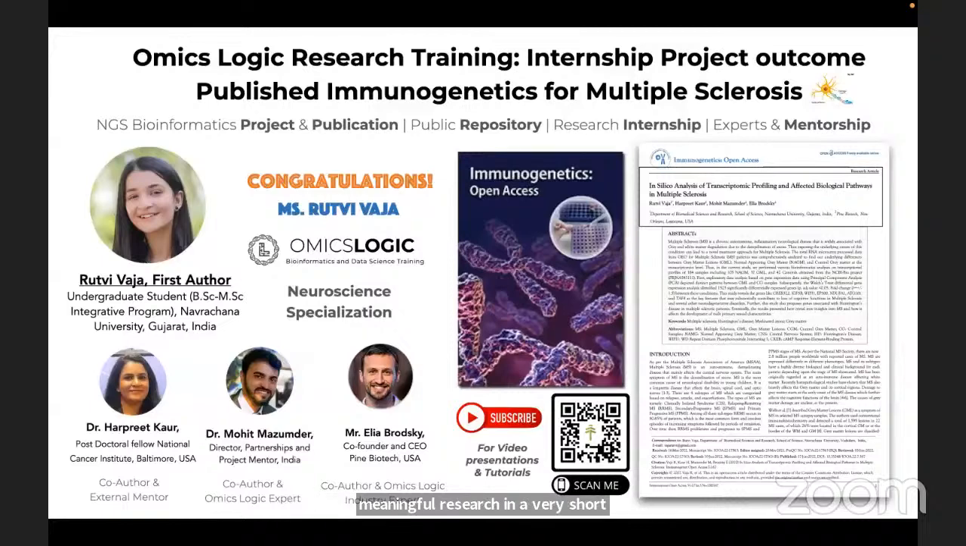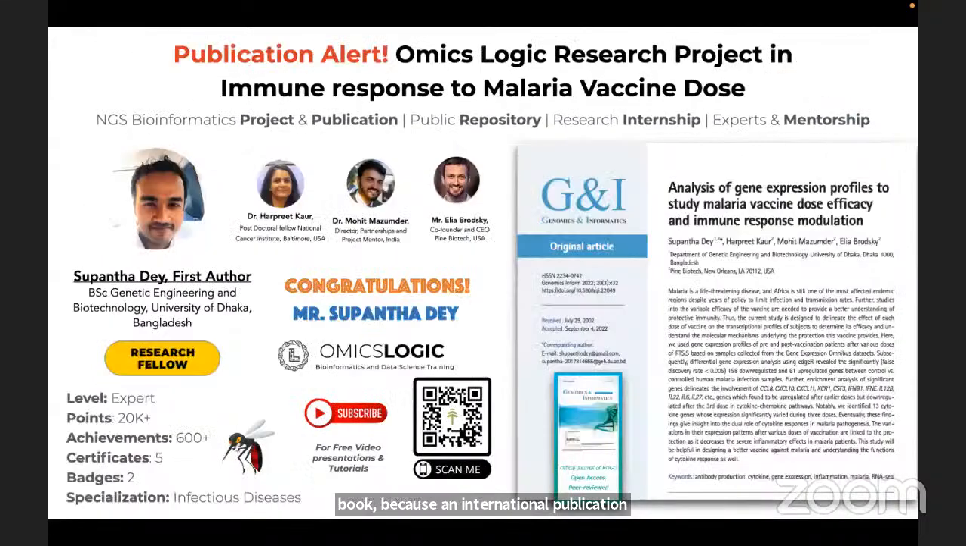and get the right kind of opportunities. But an international publication is really a good validation of what you have learned. So we have several students who have been able to achieve this in different areas of research. Ruthvi published in neuroscience, Supanta worked on infectious diseases, and you can work on many other areas as that